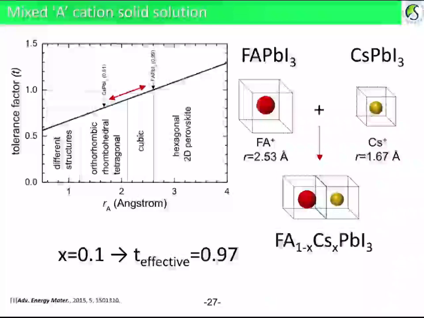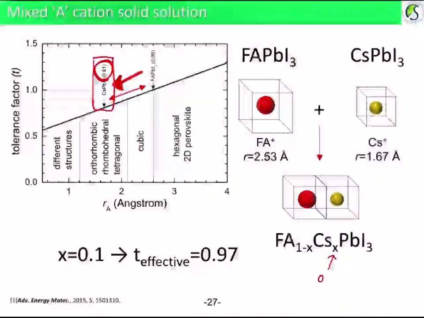For example, if we incorporate some portion of cesium lead iodide, which has a tolerance factor of around 0.81, we can in fact decrease the tolerance factor of the formamidinium perovskite. For example, if we incorporate this cesium as much as 0.1, the effective tolerance factor should be